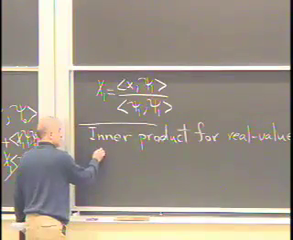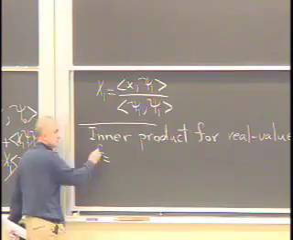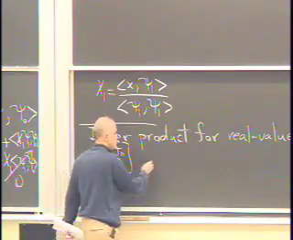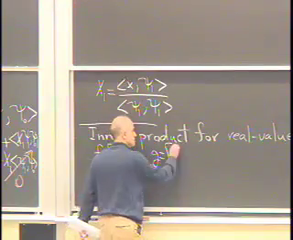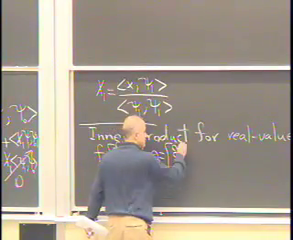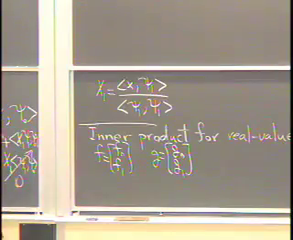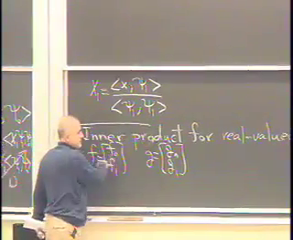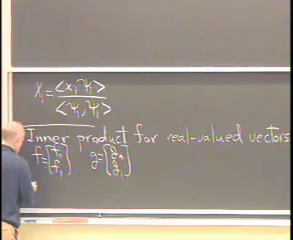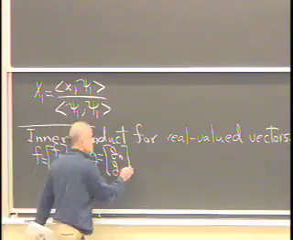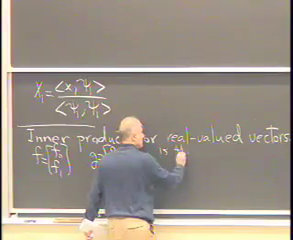Let's say I have two vectors, f, and I'm living in two-dimensional space. So f has f0, f1 as its components, and I have another vector, g, which is g0, g1. The inner product for real valued vectors is what you know from high school as the dot product. So this is the same as